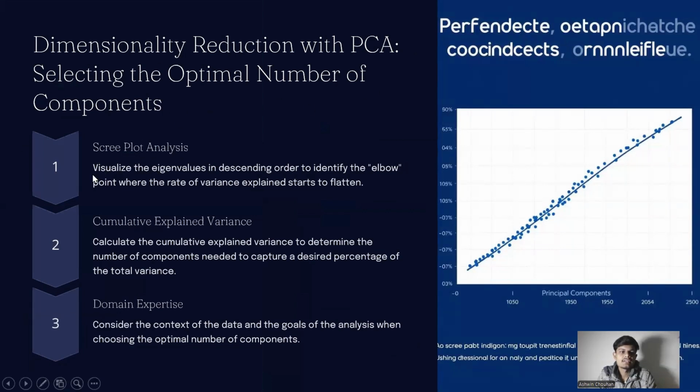Scree plot analysis. Visualize the eigenvalues in descending order to identify the elbow point where the rate of variance explained starts to flatten. Cumulative explained variance. Calculate the cumulative explained variance to determine the number of components needed to capture a desired percentage of the total variance. Domain expertise. Consider the context of the data and the goal of the analysis when choosing the optimal number